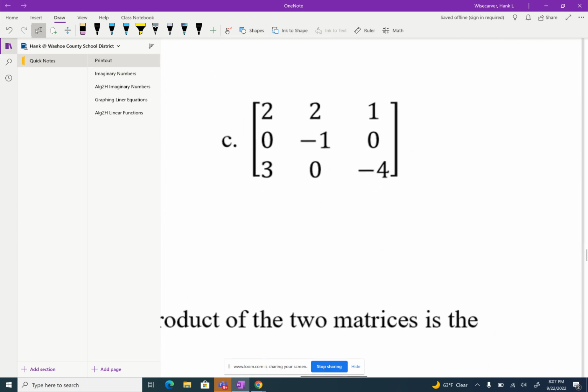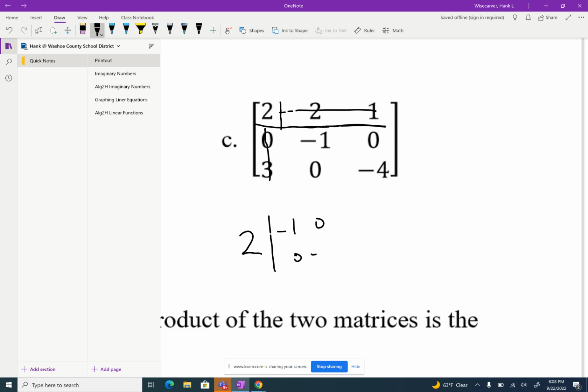3x3s are a little bit more difficult. So what we're going to do is we're going to start with the top numbers, right? So we're going to focus on these ones. And we're going to start with the top left number. Okay, so we're going to start with this 2. One way to think about it is it blocks out the other numbers in its row and column. So we're going to ignore these ones right now, and we're just going to focus on the 4 that aren't crossed out. So basically, we are going to find the determinant